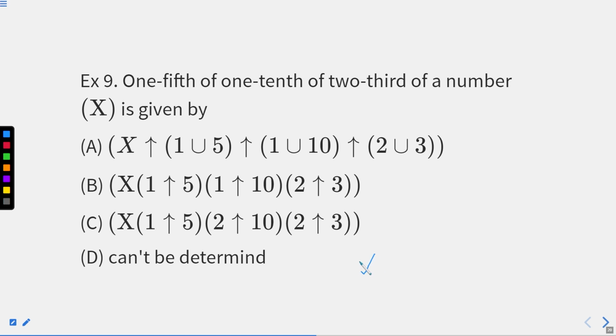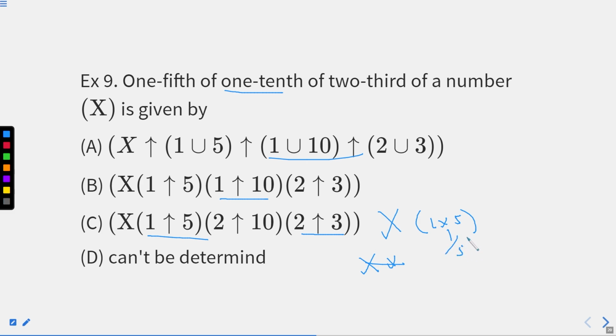In the place of x, what are we writing? Multiplied by 1/5. Then you can write straight away, see here. This is 1/5. That is 1/10. That is 2/3. But what is demanded in the question? 1/10, so directly figure out where 1/10 is written, here as well as here. But in this question, what is it saying? That is capital X multiplied by 1 multiplied by 5, right? But what are we asking? 1/5. It means we need 1 divided by 5.